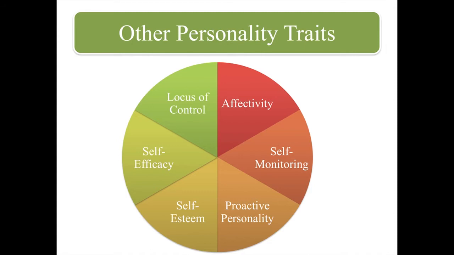And locus of control is another personality trait that is important in how people think about the world around them. Someone who has an internal locus of control, you might think of this co-varying with proactive personality, believes that they can change their fate, that they can make a difference and they can make things happen. Someone who has an external locus of control more believes in fate. Things are going to happen no matter what you do, and learning to accept them is important. As you might imagine, that's going to make a difference in how people engage with the world and what they expect and do at work.